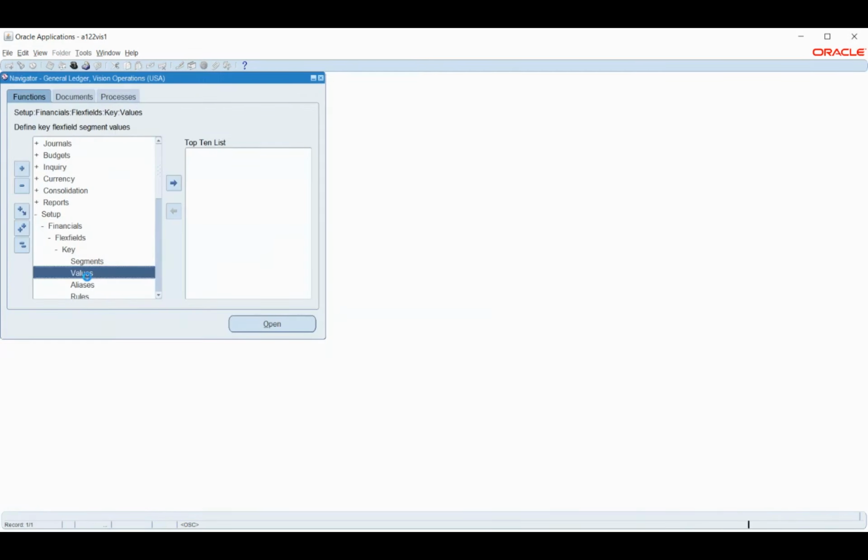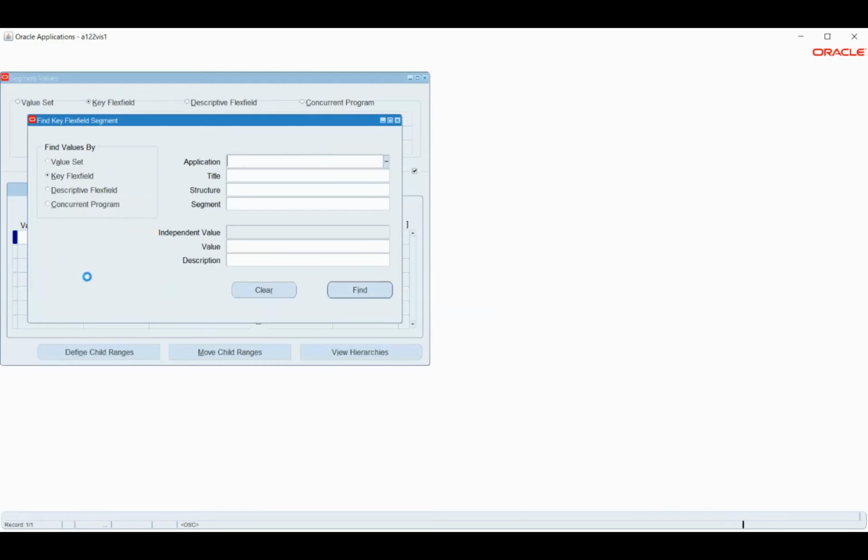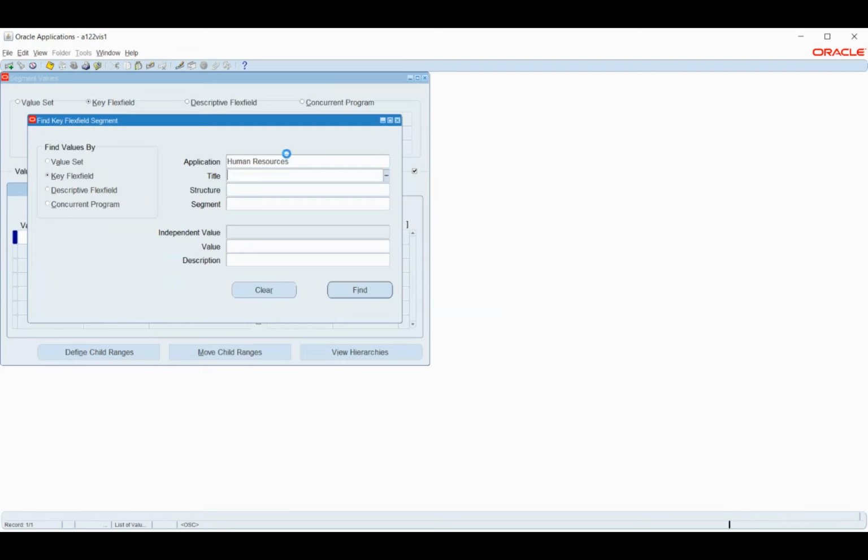Now the next thing I'll do is add for the position, with the same navigation.